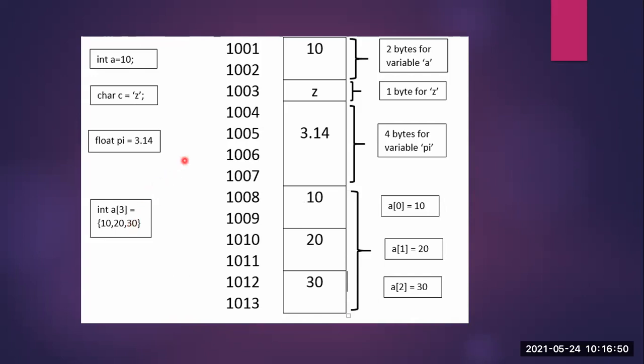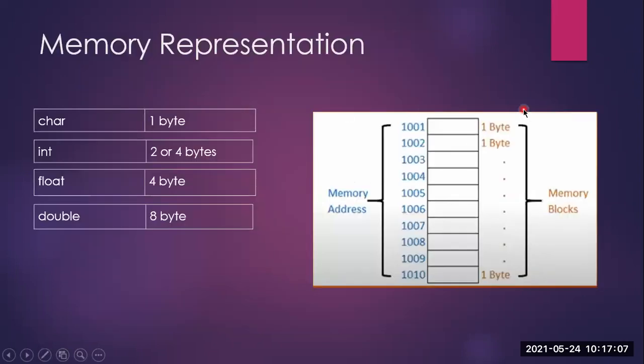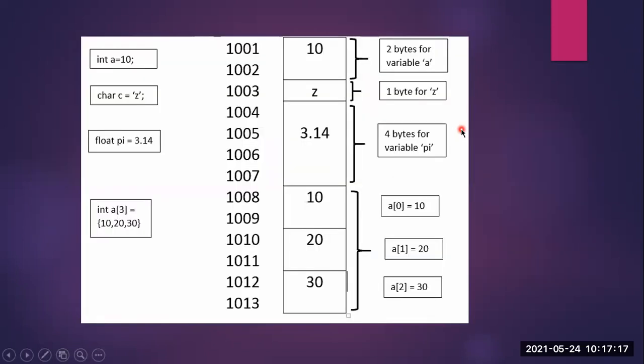Okay. Now have a look here. What do these 1001, 1002, 1003 represent? What are these? Those are the addresses. Yes, these are the memory addresses. Now I told you that in the previous diagram, we understood each address will have just 1 byte. Each address is allocated 1 byte here. Now in the program we have seen that we tend to declare variables of different data types. So how is it actually allocated in the memory?